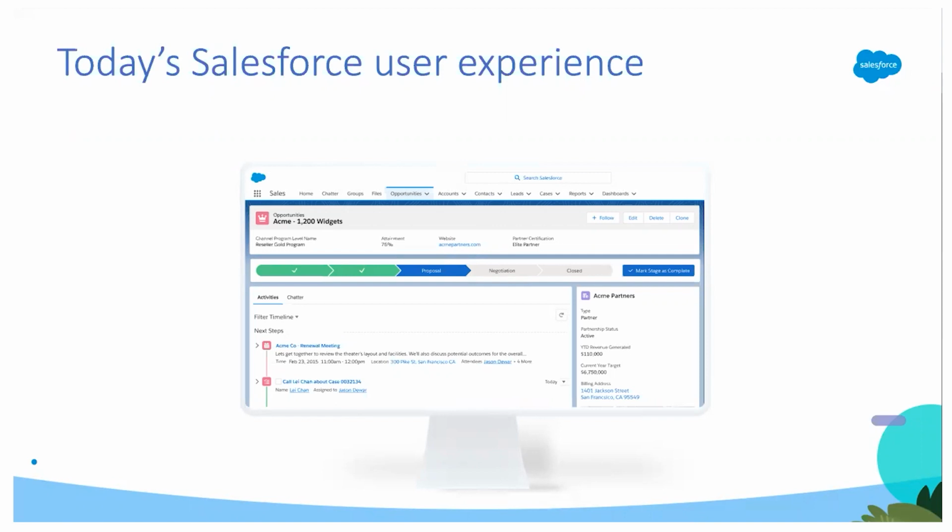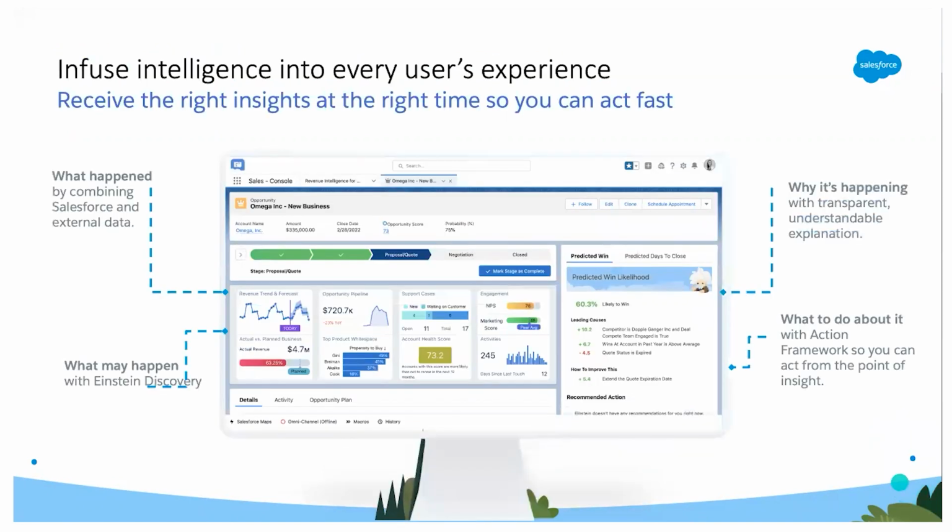So what if your screen could look like this, right? It's the same exact screen, which has opportunities in there, but now we are presenting information to your users on that record, specific to that record, right? The data is filtered, and your users can now see, let's say your leader logs in, the leader can see